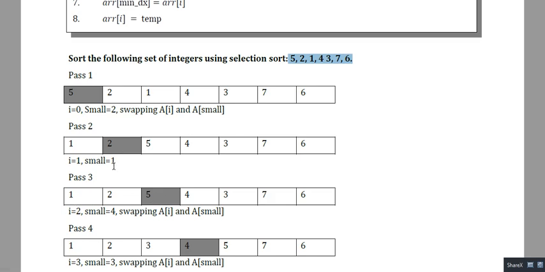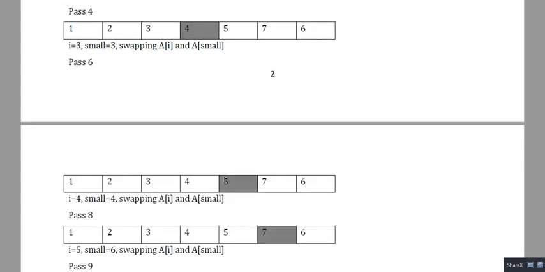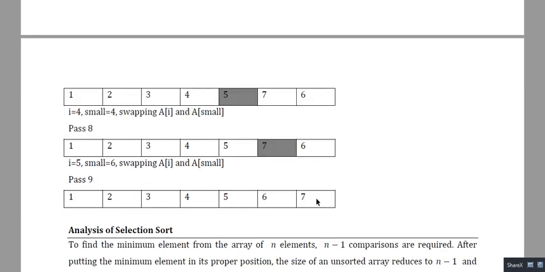Next you go to the third position and pick the next smallest element, which is 3, so you swap 5 with 3, so it will be like this. Next you select the fourth position, the next smallest element is 4, so it will be the same, right? Then you go to the fifth position and pick the next smallest, which I think is the same, 5. Next you go to the sixth position, where the element present is 7, and the next smallest element is 6. So finally we are getting this.